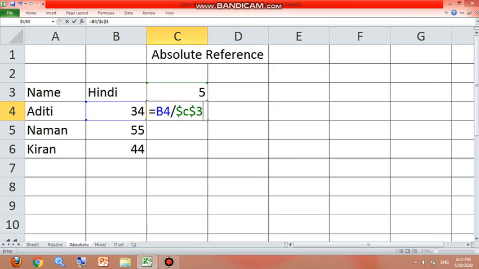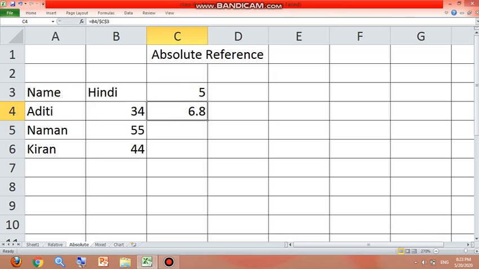Understood what I did? You can see on the screen: equal to sign, then the first number which I have to divide or multiply, and for the cell address of the particular cell which I have to make constant, I'll put a dollar sign in front of the column name as well as in front of the row number. And then I'll press the enter key.